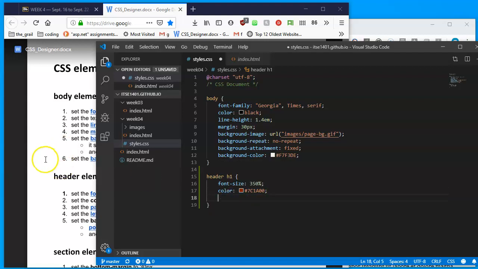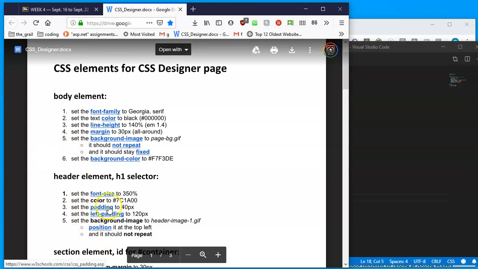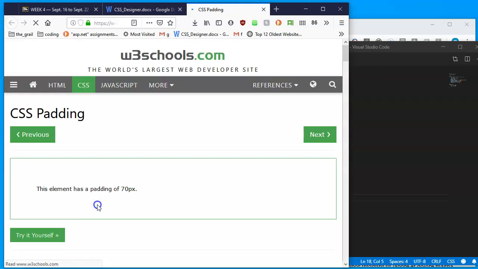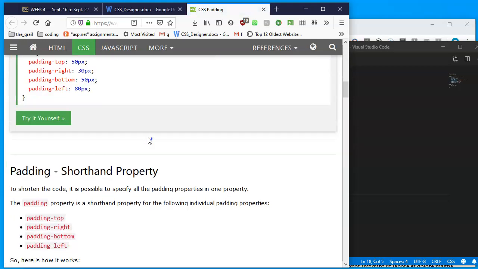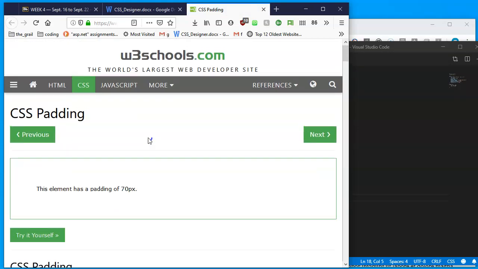Moving on to the next line, I'm going to set the padding to 40 pixels. You can click on the padding link and learn all about padding inside of W3 Schools. Just know that they show you at the very top, this element, and the element here is this box, has a padding of 70 pixels. So all around 70 pixels are pushing from the top, from the left, from the right, and from the bottom. I really should say that they're pushing from the top, from the right, from the bottom, and from the left,